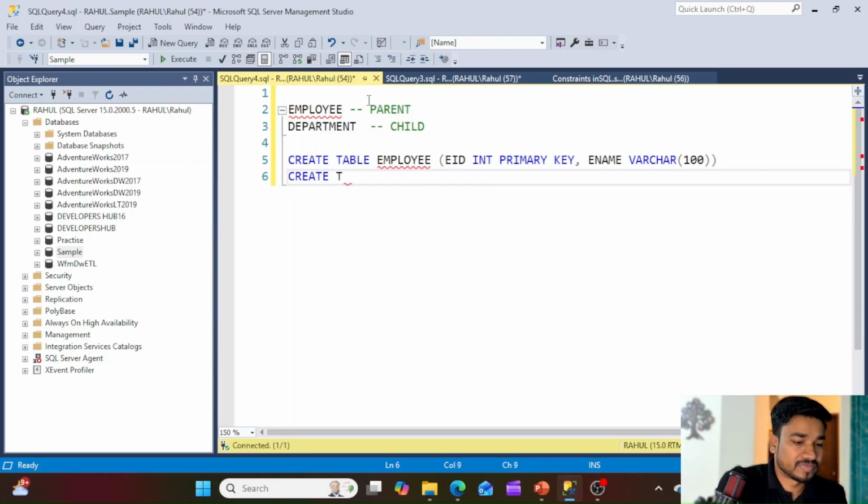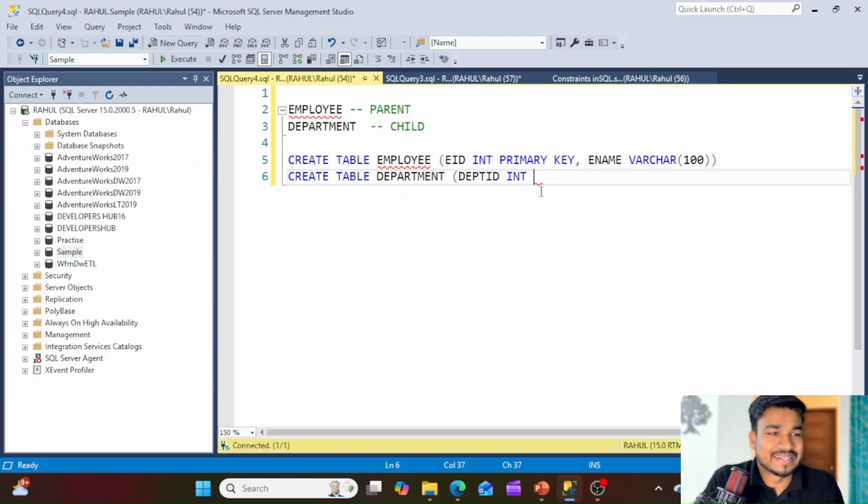And we'll create another table, the department table. So create table department, and then we'll create a column DEPT ID, meaning department ID, and the value in that ID is an integer. So we have taken the data type as integer, and now I want to mention the foreign key here. Okay, so we'll apply the foreign key, and while applying it we need to tell which table is our reference table. So we need to mention here